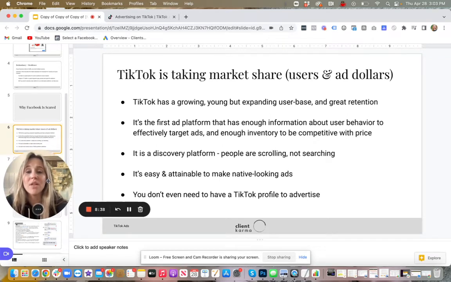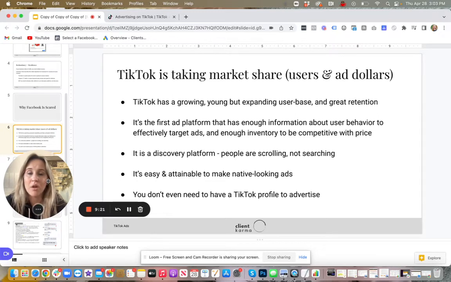You also don't even need to have a TikTok profile to advertise. This is a huge, huge, huge difference between Facebook and TikTok. On Facebook, they are obsessive, in my opinion, rightfully or wrongfully, about you being tied to your profile. You can't run ads if you're not logged in as a person, and they want to know that you are yourself. Not only is it a real person, but that you are you. So many of us are being required to submit our IDs anytime there is behavior that they think is suspicious. You need to prove that it's really you.